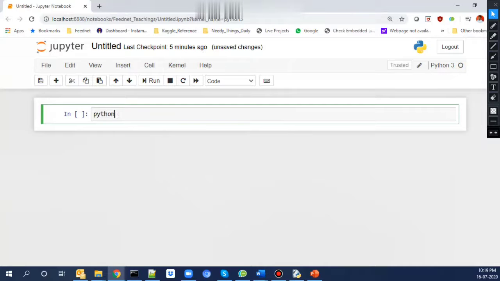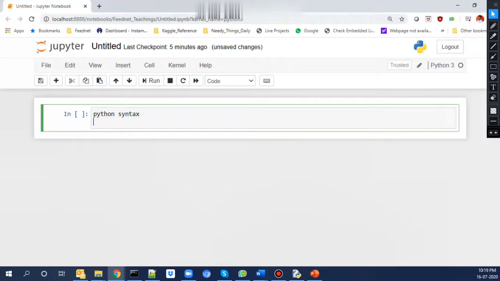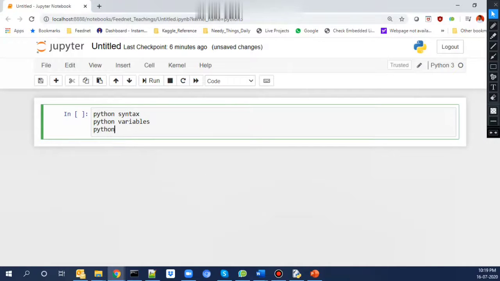Like Python syntax, Python variables, Python data types. And